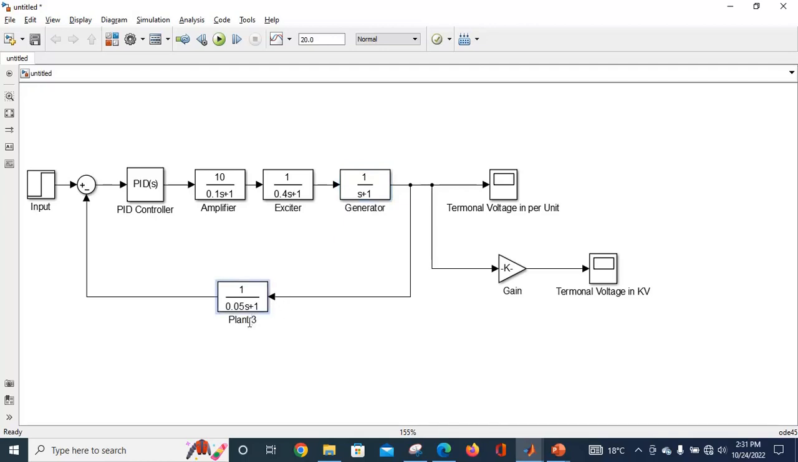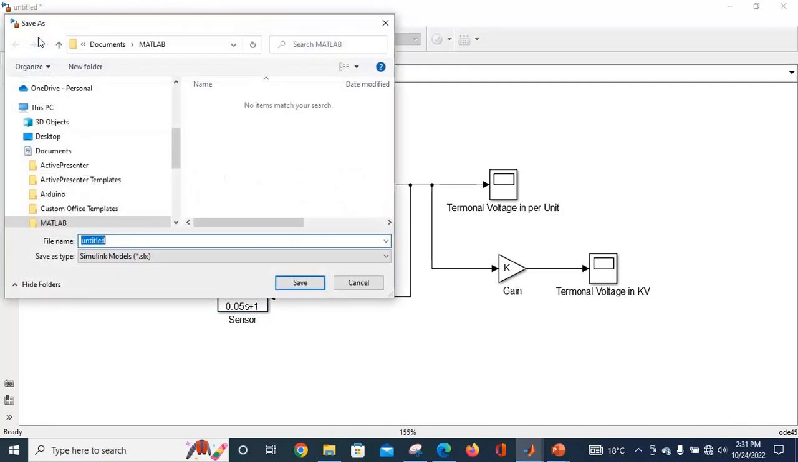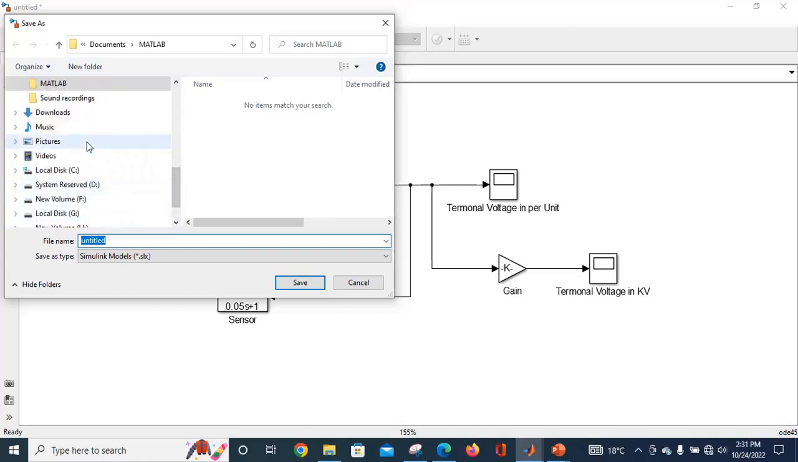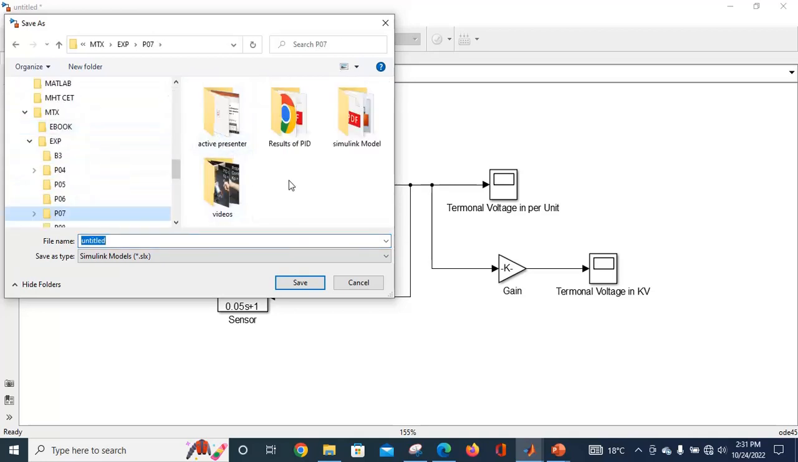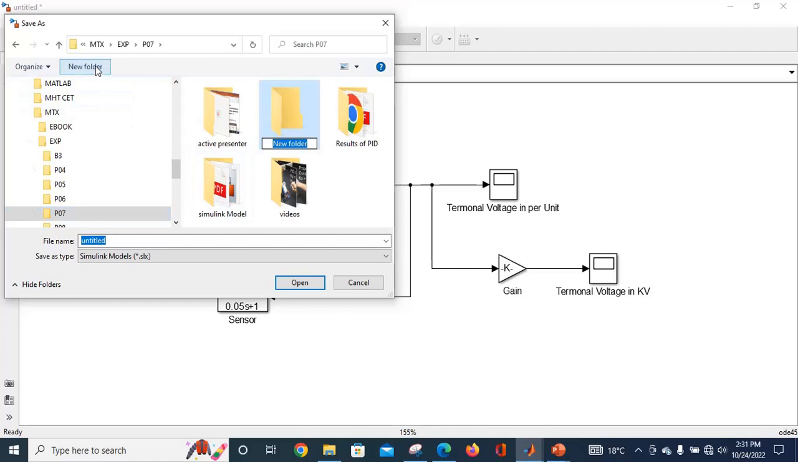Here, sensor. Save. Okay, we will save this. Here I will make a folder, named part 2, because this is the part 2 video. I will give the name as part 2,